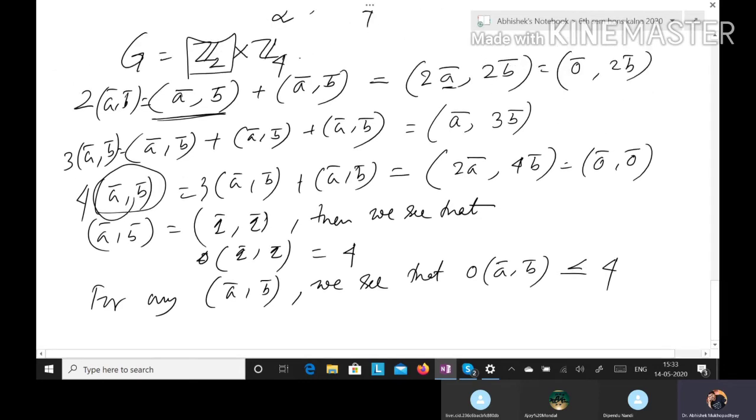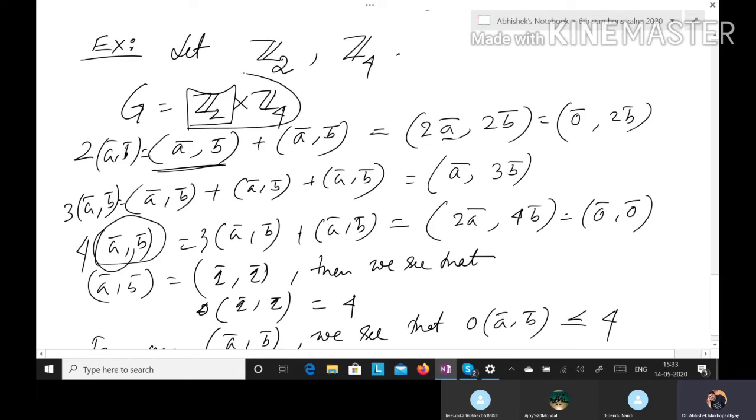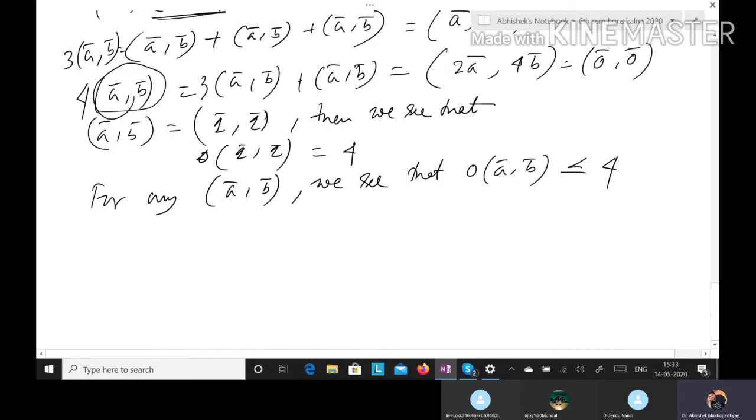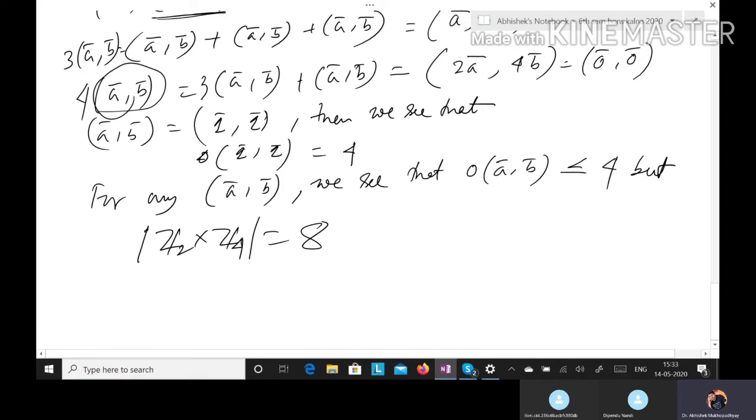But what is the order of the group? The order of the group is 8, although the orders of the elements are less than or equal to 4, and this implies that this will never be a cyclic group,